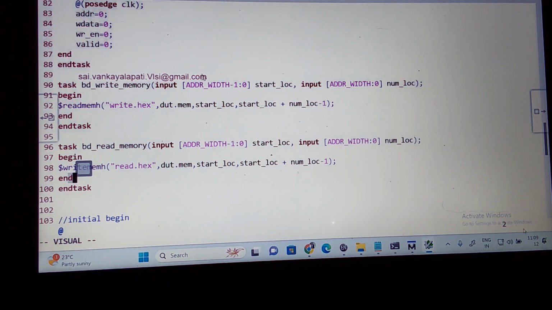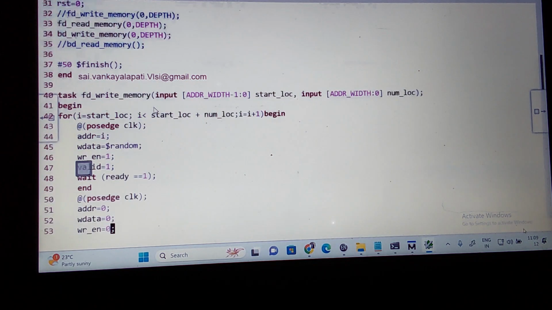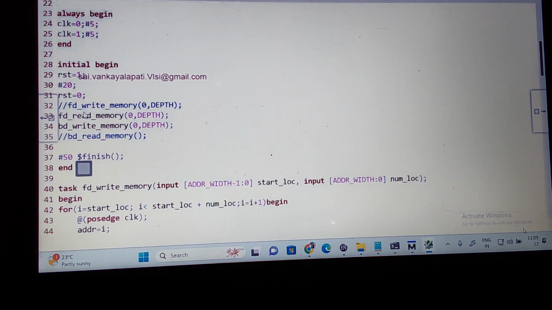Now, instead of each time, I don't want to do it like this: frontdoor, backdoor, or backdoor, backdoor. Frontdoor read, write. So instead of that, what can you do? I want to run each of the test cases. If I'm giving an input argument during the runtime, I want to do frontdoor read and frontdoor write. Then I want to do frontdoor read and backdoor write. There are 4 cases, so I can use the case statement to do this, or you can use the if else statement. Here I'm manually running frontdoor and backdoor. Again, backdoor and backdoor I'm running.